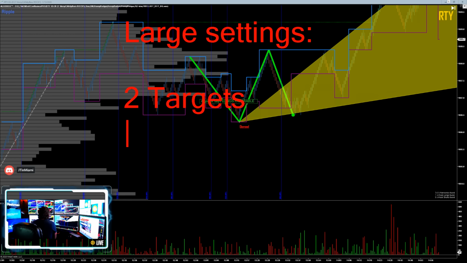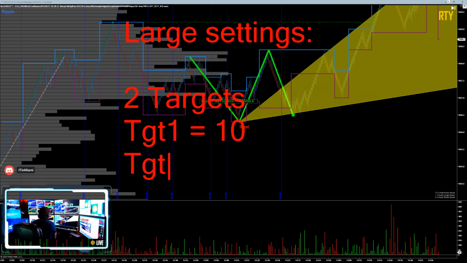2 targets. Target 1, 10 ticks. Target 2, 15 ticks. Now some of these you also might have 3 targets and have a runner. But initially we're just talking about generic, what you must have in the strategy for these. When we talk about a large or a small, I want you to know that in general what we have.